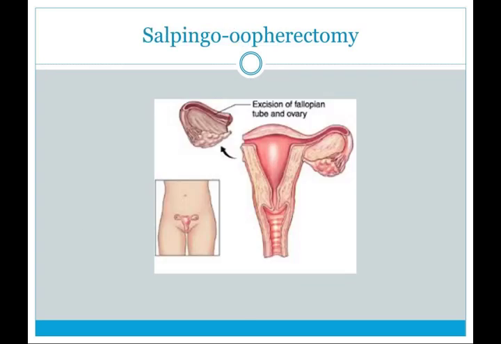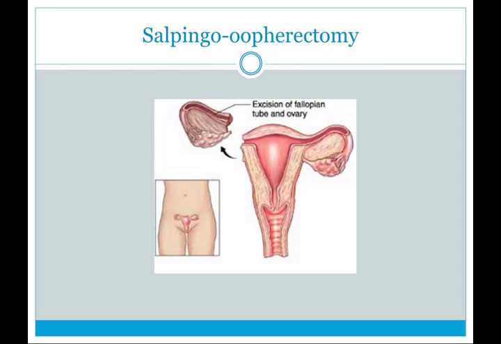A salpingo-oophorectomy is the removal of the fallopian tube and ovary. The patient could be having just the right tube and ovary removed. This would be a right salpingo-oophorectomy, or RSO. Likewise, the removal of the left tube and ovary would be an LSO, and both would be a BSO, or bilateral salpingo-oophorectomy. The tube and ovaries are removed for benign ovarian tumors, potential prevention of ovarian cancer, endometriosis, or for